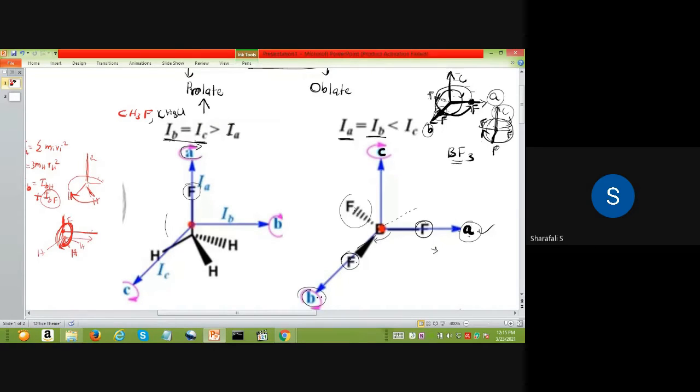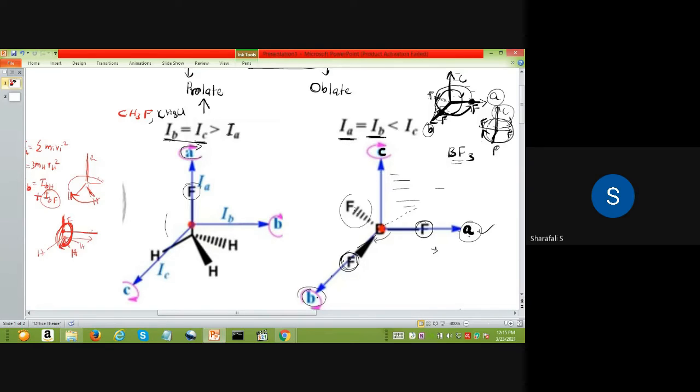Okay, both this B and F are coming out of the plane, so they will be on the same axis. This fluorine also will be on the same axis, that is the B axis, but they are coming out of this plane. This is your plane, that is green, and this one is coming out of the screen. So this fluorine is also coming out of the screen, so they are on the same axis. And so IA will be equal to IB in this case,